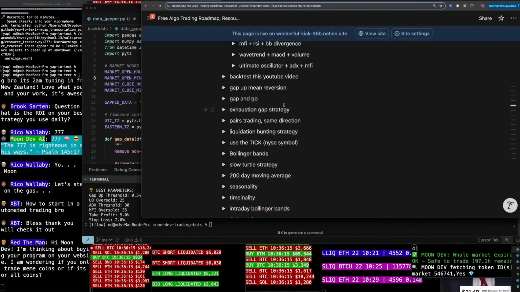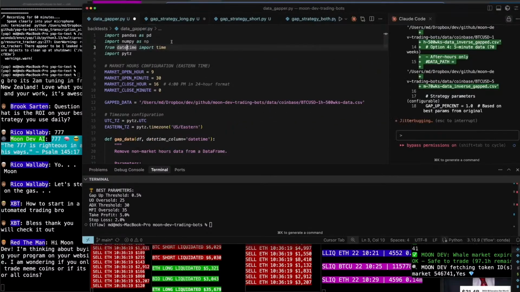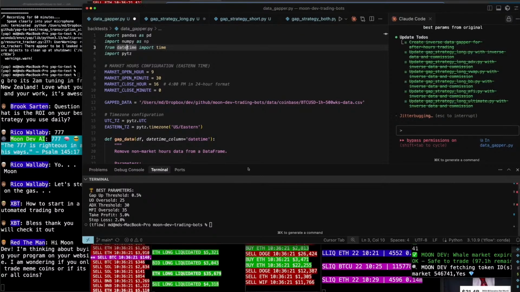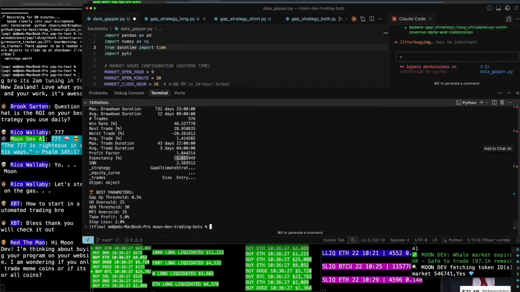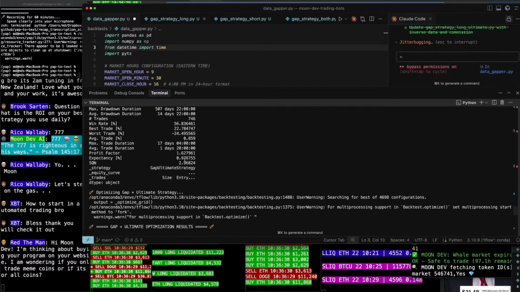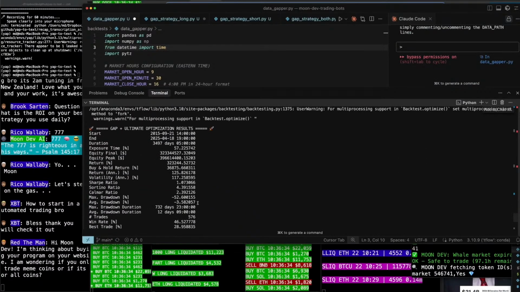I just follow this process, the RBI system that I've been following today. Research, backtest, implement. Been doing a lot of backtesting today, as you see. Let's go ahead and see what these optimizations look like. Okay, so expectancy is 1.61 now. And what was it before? Okay, big jump, big jump. 1.61. The return percentage is